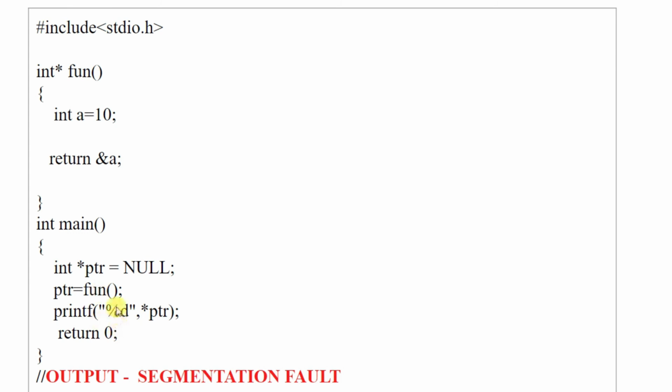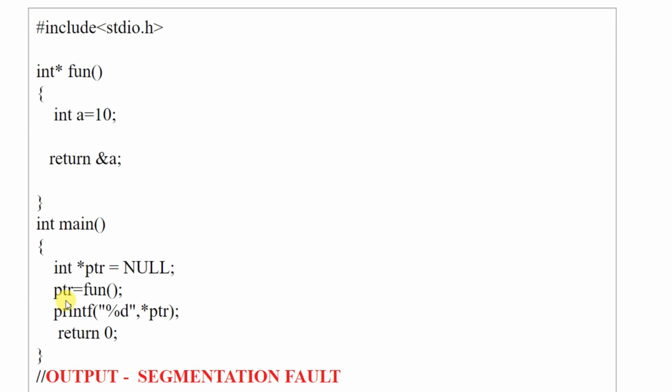And when you try to run this type of code, you will get a segmentation fault type of error, because that memory location is not available, because this is a local function, not a global function. So once this function is executed and it has returned, the existence of this function will be removed. That means the variables which are available in this function will be deleted. So that memory will not be available. If that memory location is not available, where will the pointer point? That is what you call a dangling pointer.